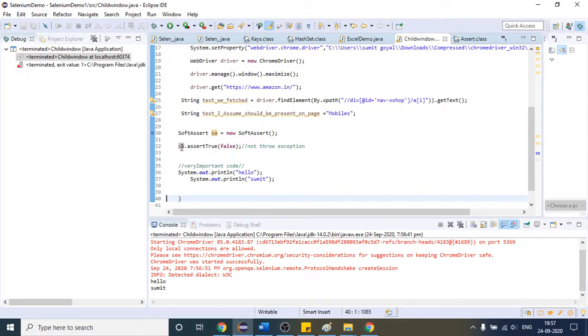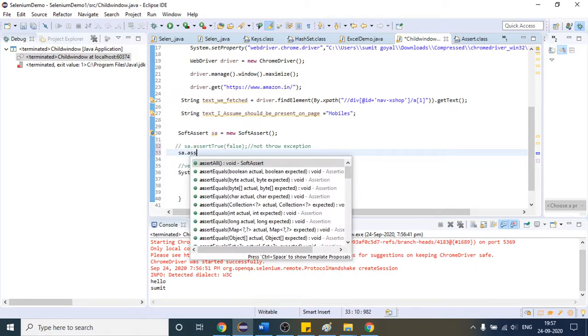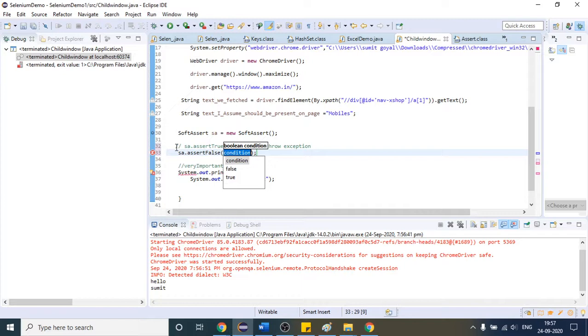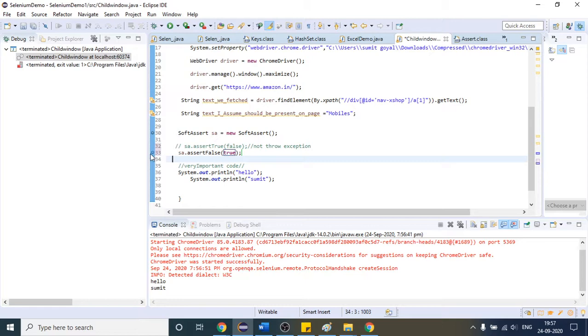And one more, suppose this is our second method. If I provide false inside, then it is very sure that it is not going to throw the exception. But if I provide true here, it will still not fail; the exception will be thrown, but it will be caught by that. You will see later how it is catching. As of now, if I again try to debug that,